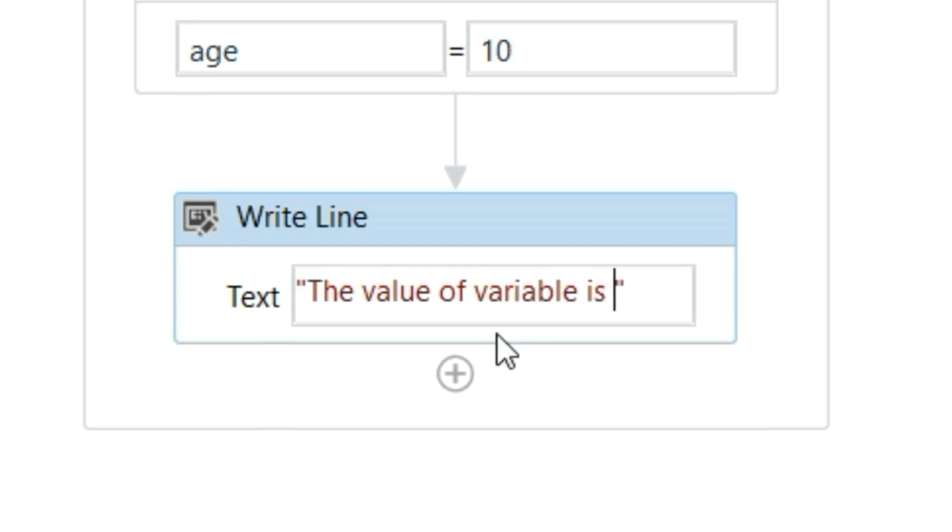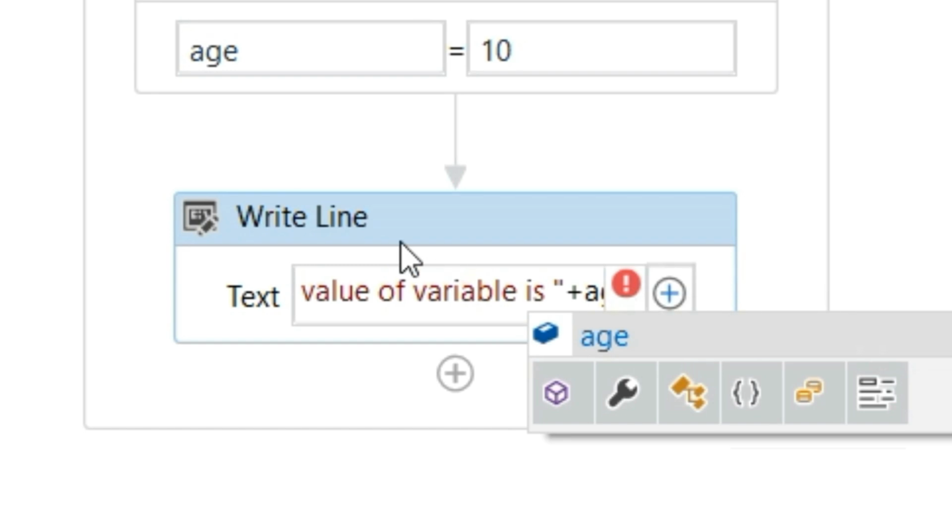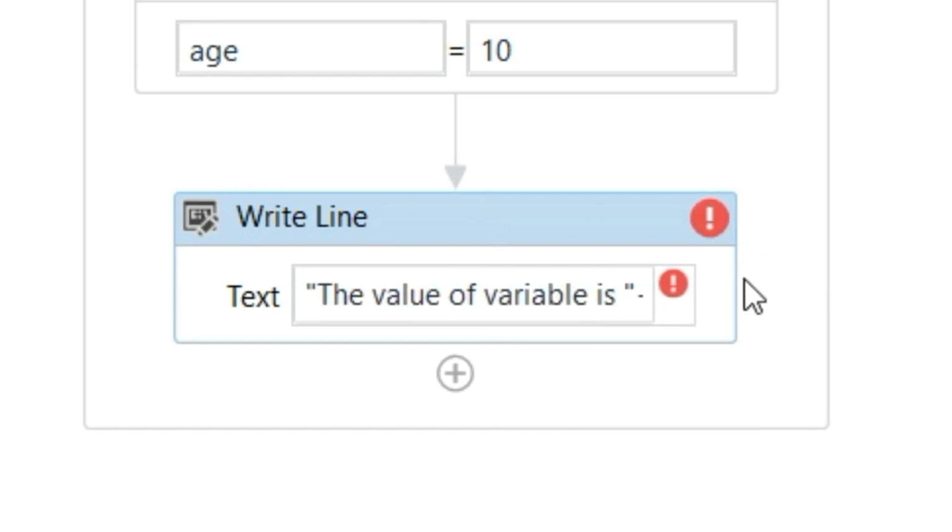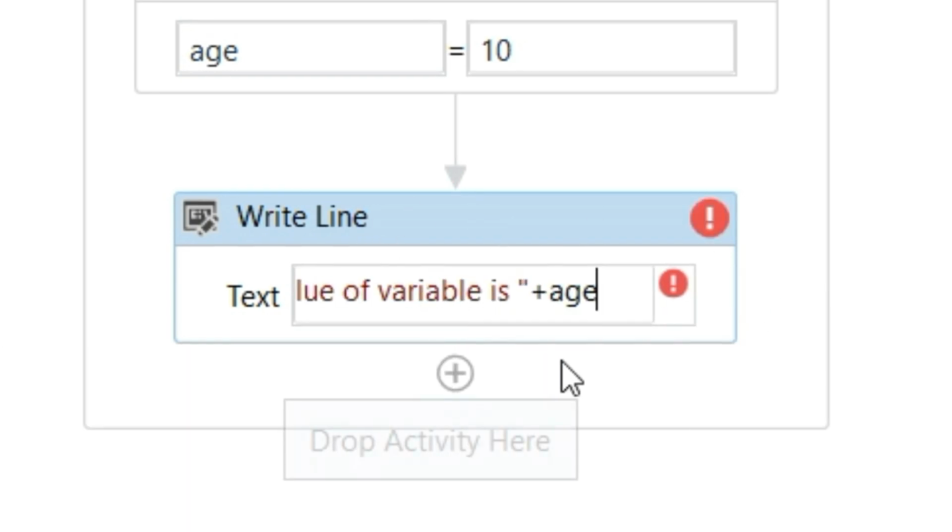So this is one message, and after that I have to display the value of int, so I will use this plus sign and the name of the variable. Make sure to keep this variable outside of the double quotes, otherwise it will be treated as hard coded text. In this statement I'm trying to combine a string, which is my message, the value of variable is, and a variable which is int.